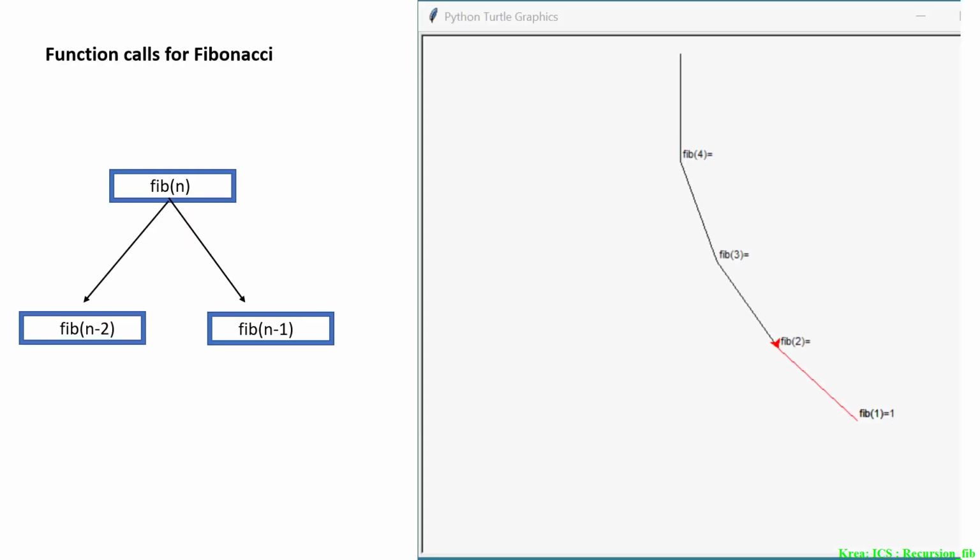So let's see what happens when we call Fibonacci of 4. It will make two recursive calls, Fibonacci of 2 and Fibonacci of 3. But since it doesn't know the value of Fibonacci of 3, it will do this recursive call again on Fibonacci of 2, which will in turn call Fibonacci of 1. And Fibonacci of 1 is known to us, so it will get returned to Fibonacci of 2. And then it will compute Fibonacci of 0 and add it together to get Fibonacci of 2 equal to 3. So basically you can see that when we make a call to Fibonacci of 4, all these base cases get evaluated and then they are combined to form bigger and bigger problems until we arrive at Fibonacci of 4.